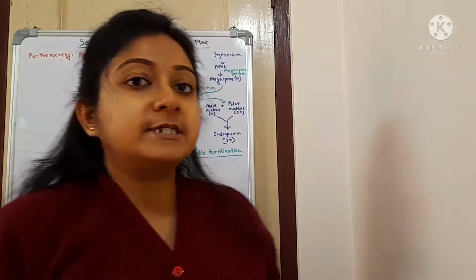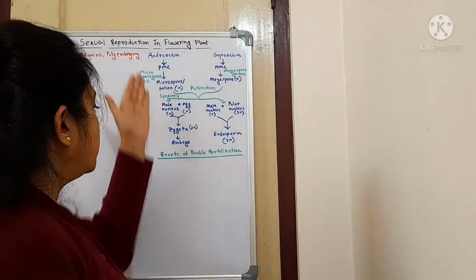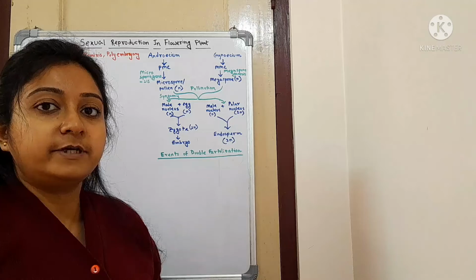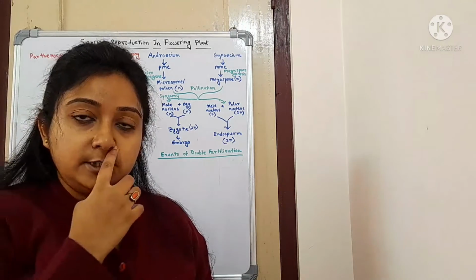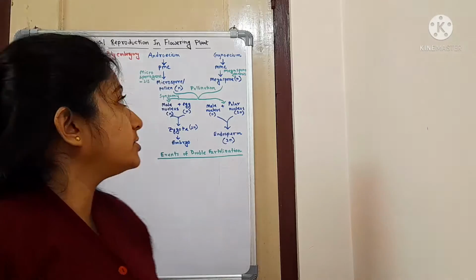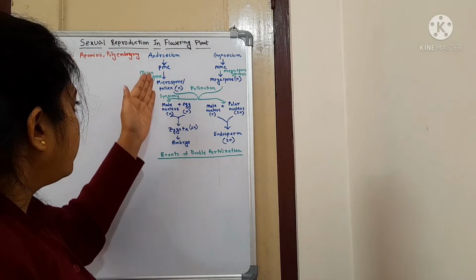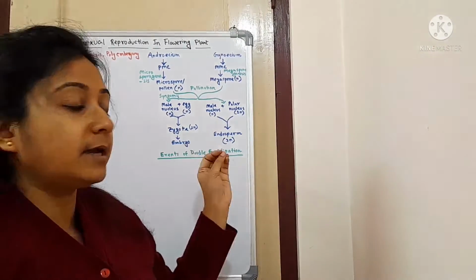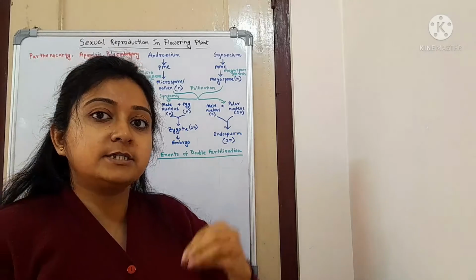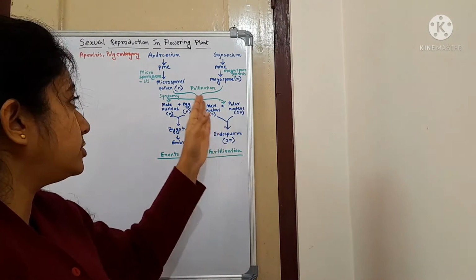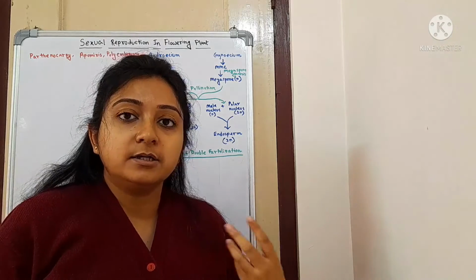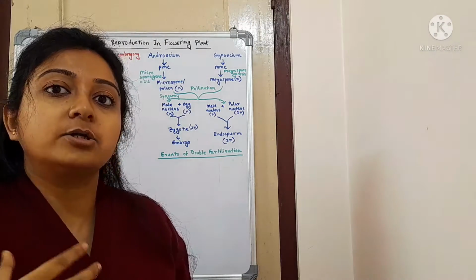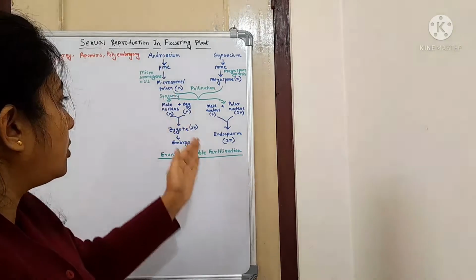This is almost the last video from the series on sexual reproduction in flowering plants. Whatever we have studied until now: all the events of double fertilization and the post-fertilization changes. What are the changes of pre-fertilization events, like from the androecium, and how the double fertilization, that is the syngamy, fusion between the male nucleus and the egg cell, and the fertilization between the male nucleus and the 2N central cell or the polar nuclei happens. About all of these things we have studied.